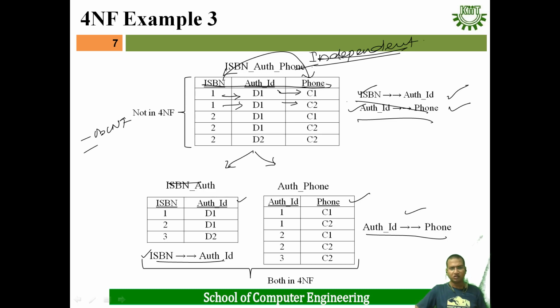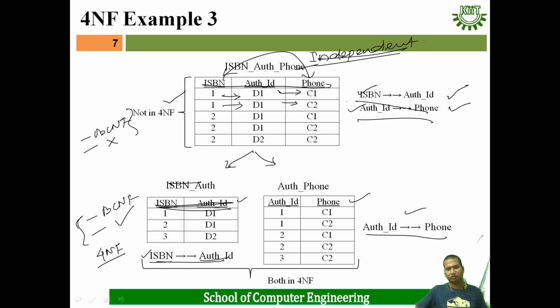And since there are multiple multi-value dependencies, the second condition is not satisfied. That means it is not in 4NF. In this case, just see which will be the key, because it is a multi-value dependency, ISBN to author ID. Then what will be the key? ISBN and author ID combined become the key of the table. That means BCNF. And multi-value dependency is there, but whenever only two attributes are there with a multi-value dependency, there will be no problem. That means that is not a problematic multi-value dependency. That means the second condition is satisfied. That means this table is in 4NF.